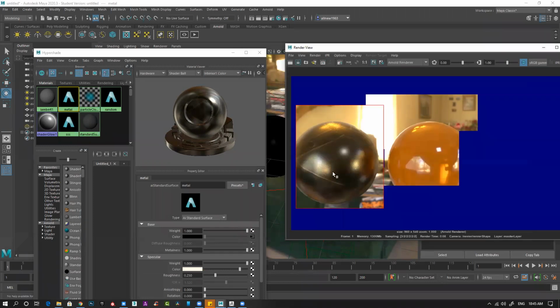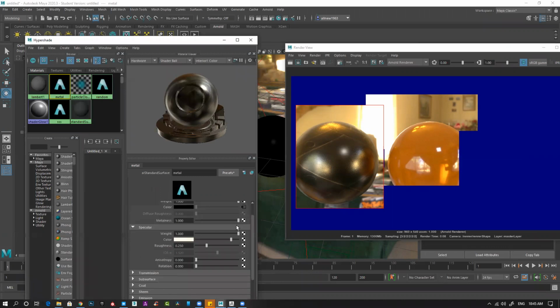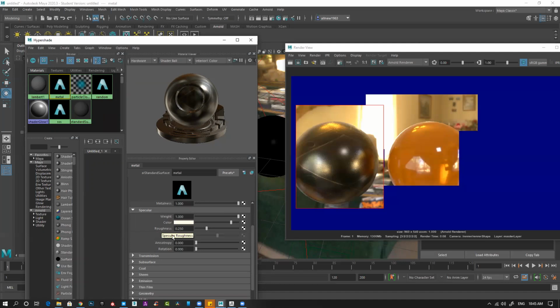So I just apply the diffuse map. You can see instantly it's picking up all the colors and everything from the diffuse map. Then you have this material selected. This is the material shader selected. Then metalness. If you have a specific metal map, you can modify this with the metal map. But if you don't have one, no need to modify it. Now you can see it has some preset roughness and everything.